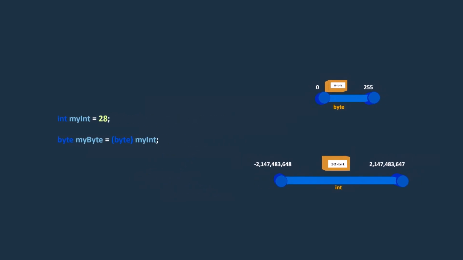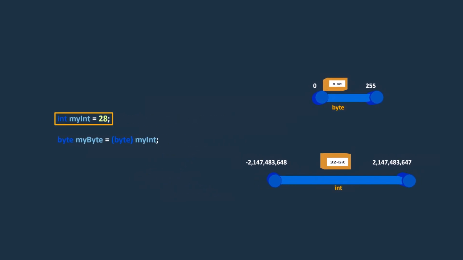For example, here we have an int variable and we want to cast it to a byte. In this case, the int value is explicitly cast to a byte and assigned to the variable myByte. And since the value of myInt is inside the range of a byte, the result of the explicit cast is correct.